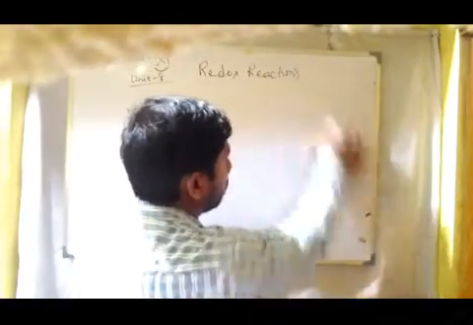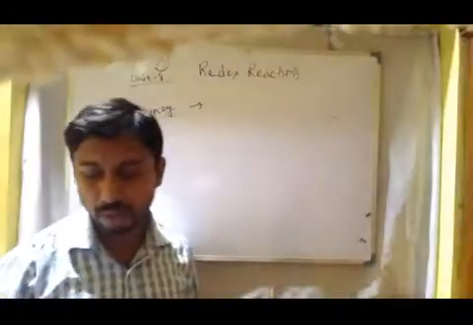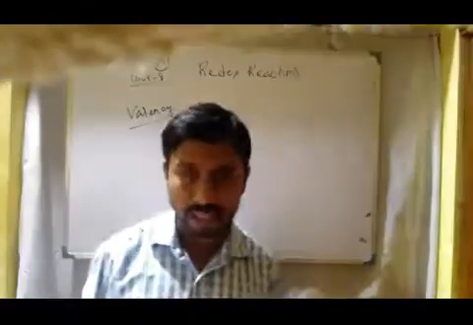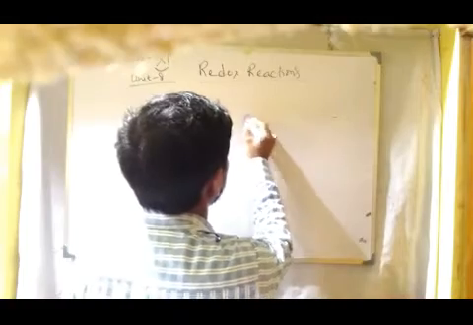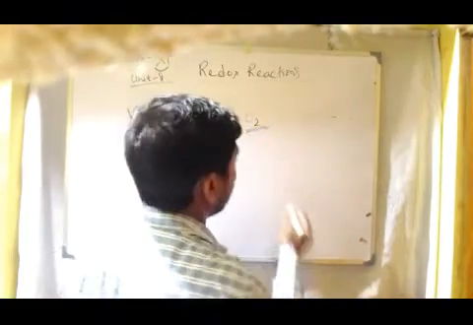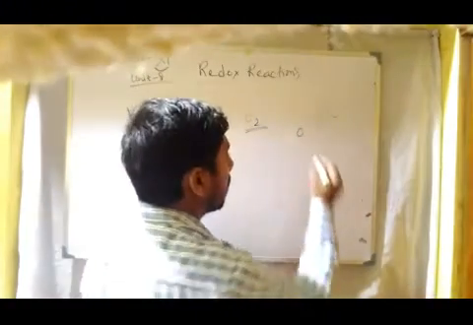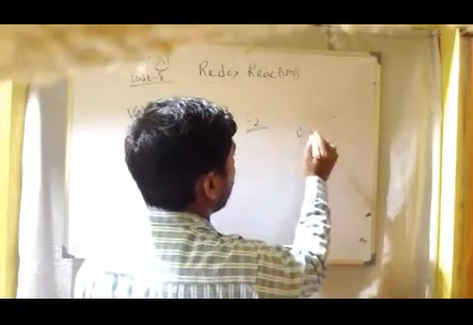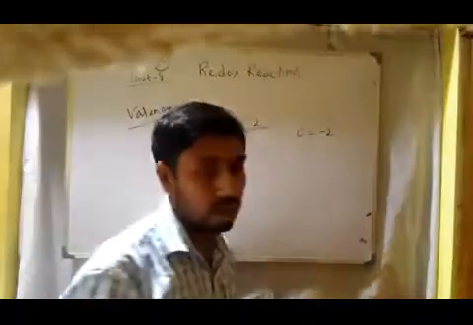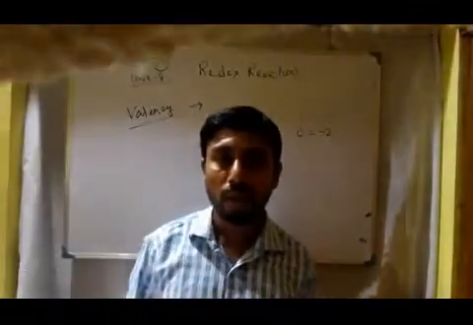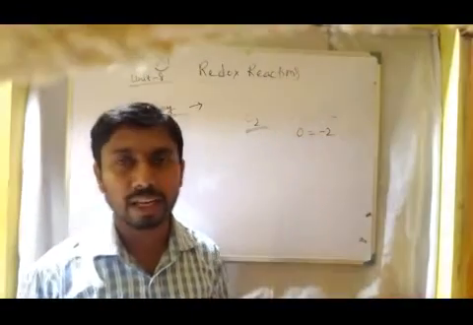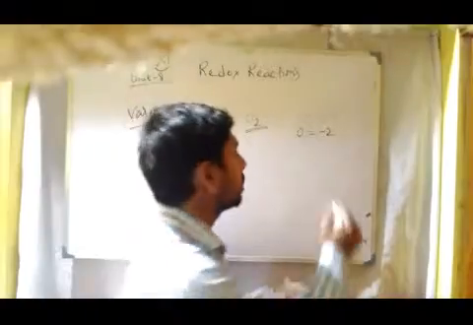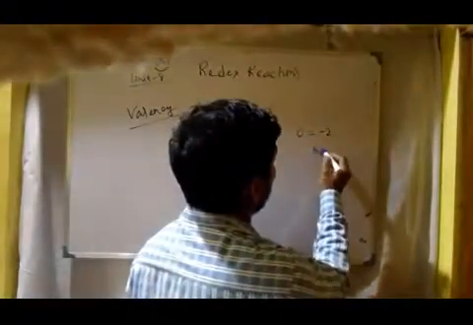So in that way, we know hydrogen valency is +1 and chlorine -1. Next, coming to another very important element, that is oxygen. In general, oxygen has the oxidation state of -2. Taking the -2, that is 2 electrons, it can gain the nearest noble gas configuration, that of neon.